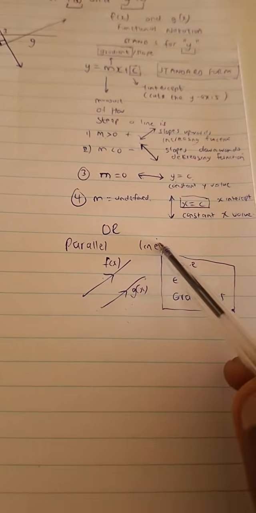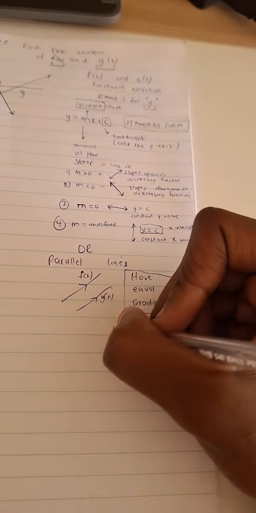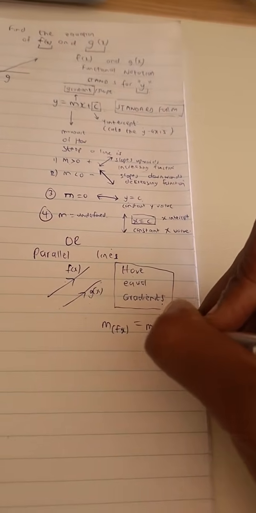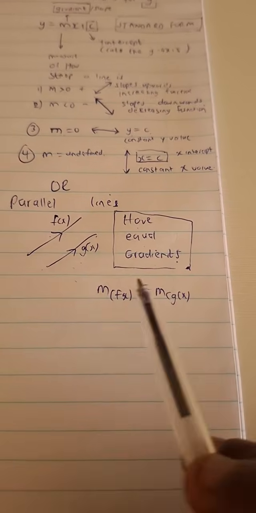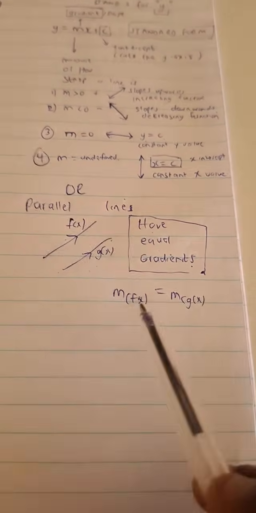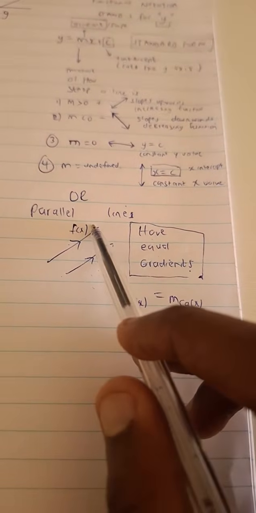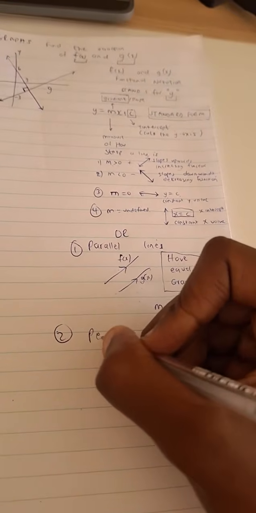So we say parallel lines have equal gradients. We would say that the gradient of f of x is equal to the gradient of g of x. That is what we know about parallel lines. Very important to note. Then secondly, we have